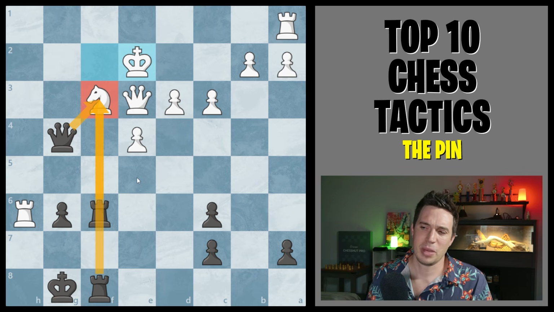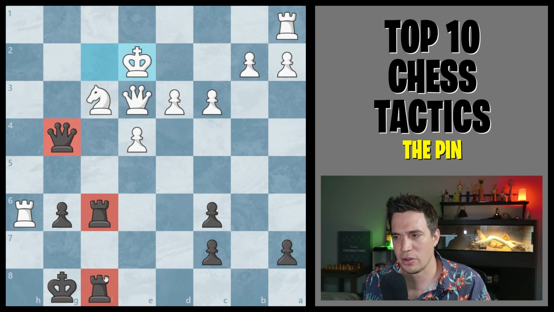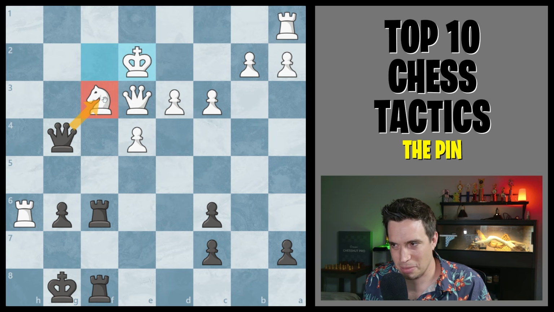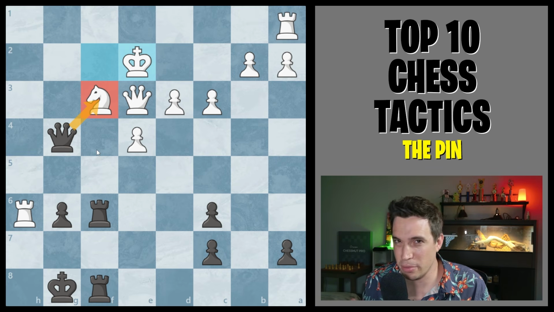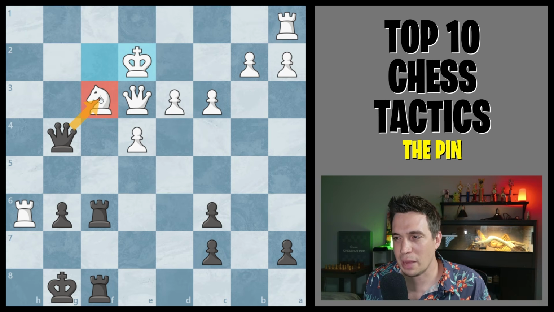And now, how many pieces do we have attacking that knight? We've got 1, 2, 3. And how many do they have defending? They've got 1, 2. So it seems like we could just capture this piece, right? Although it seems like we can just capture here, we really have to think through the moves in our mind. So let's just do that real quick. Queen captures, rook captures,